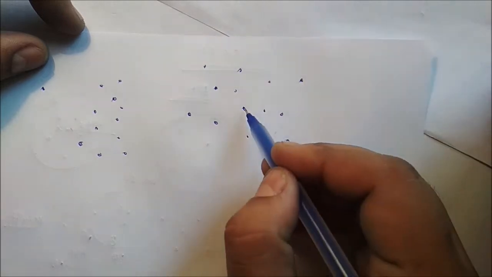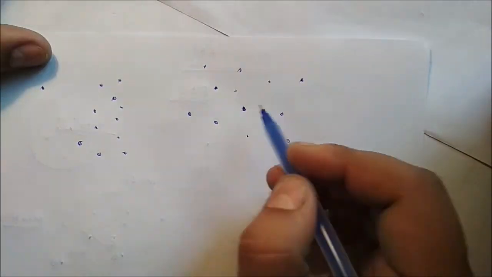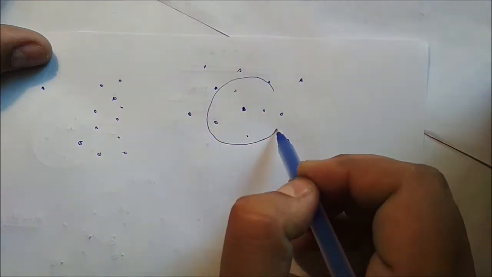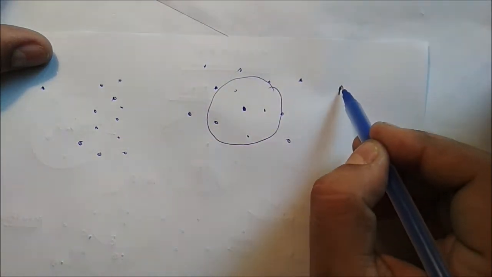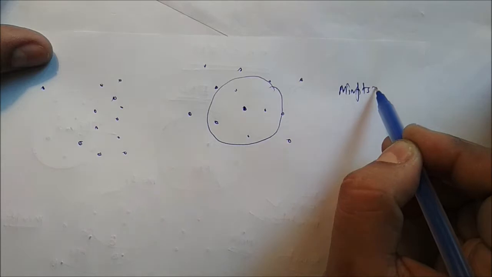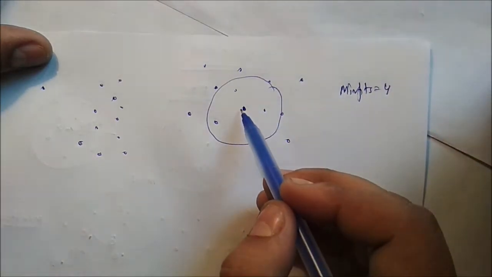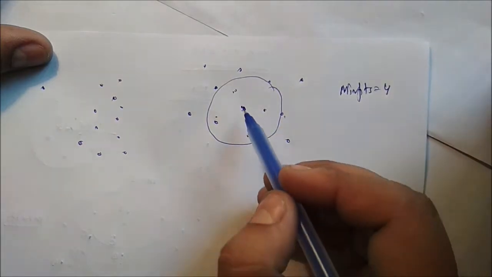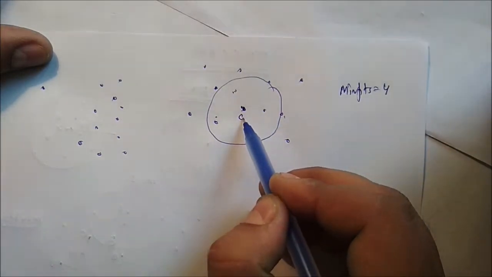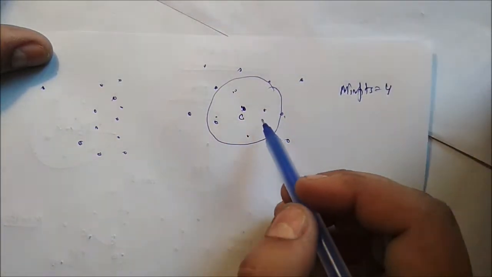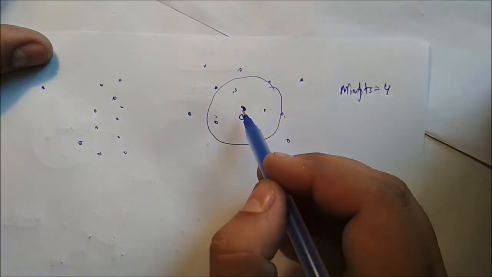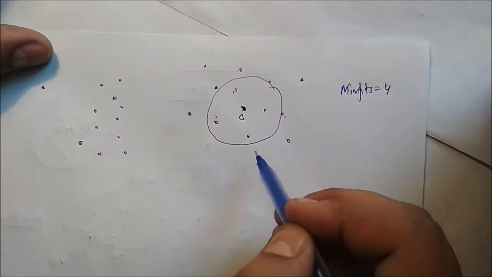Now we can see one simple example. Suppose, starting from here, we randomly select any data point and draw a circle here. Assume min pts is equal to, say, 4. So how many data points are there inside this? 1, 2, 3, 4, 5, 6. So this is a core point, because 6 is more than 5. Similarly, you can do this for this one. So these are the data which belong to this core point.